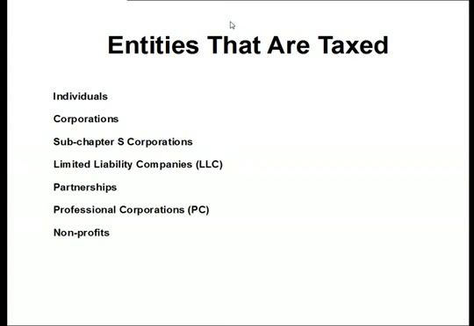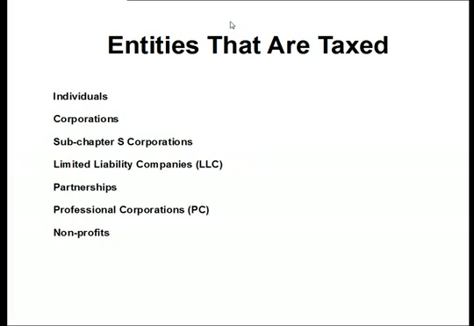Corporations can be of different types. Here in the United States, we also have what's called a Subchapter S corporation. This is a small corporation that files a Form 2553 to be elected to be taxed as a small corporation. There are limits on the revenues that a sub S corporation can have. They have to have less than $10 million in revenue. They can't have more than 25 shareholders. They're meant to be small, mom and pop, family owned type businesses that don't necessarily need all the extensive reporting requirements of a larger corporation.